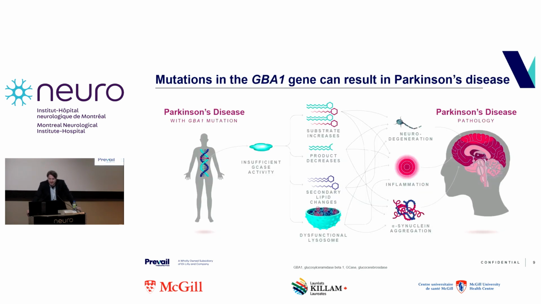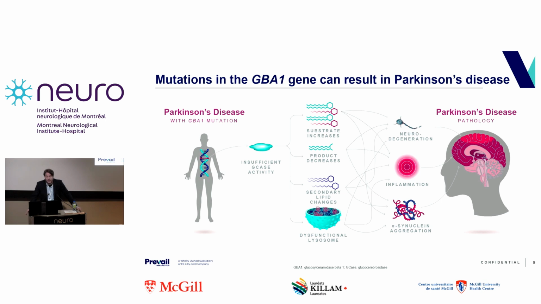This is one of my favorite slides because it really shows what we have been talking about for the last 3 days, right? And the meshwork of these arrows really shows that we are still not really understanding. Is it the increase of primary substrates, such as glucosylsphingosine? Is it maybe the decrease in ceramides? Is it secondary lipids? We talked about glucosyl cholesterol, right? Or is it the lysosomal dysfunction, which is also underscored by many lysosomal genes that are changed in Parkinson's? But again, the cause and the consequences into neurodegeneration, inflammation, or protein aggregation are still being investigated and